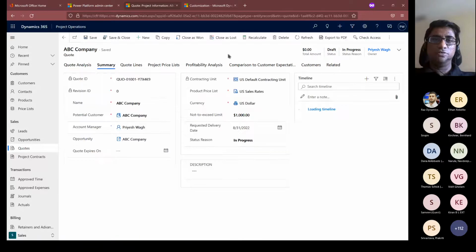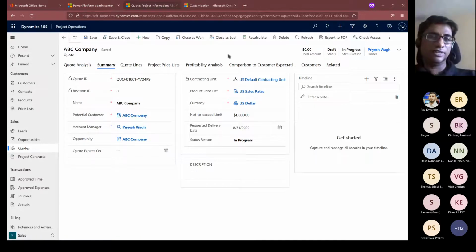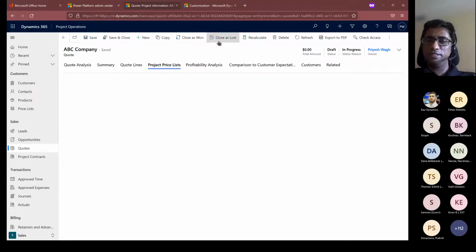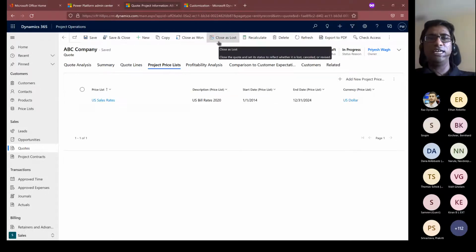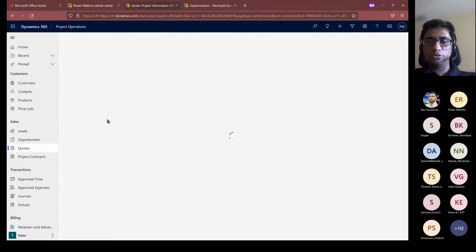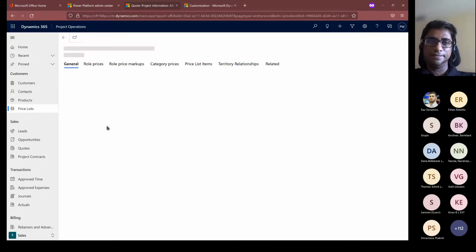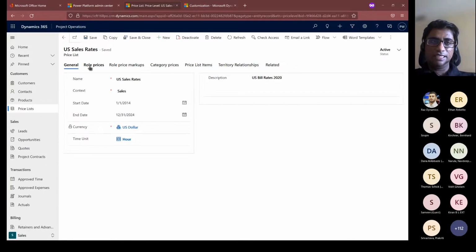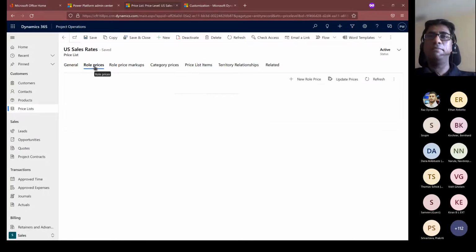Because it expects us to tag some price list. It won't default anything right away, but I just tagged a project price list to it. It's just my standard sales price list. If I quickly go into the price list just to show what we're talking about, in a price list, in role prices,